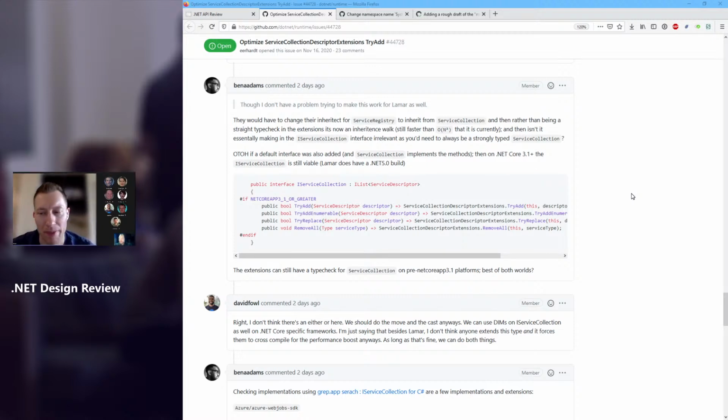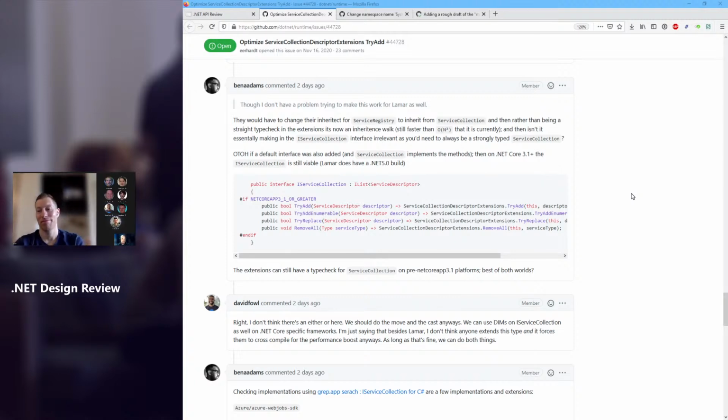I mean, you could do what Ben is suggesting, right? Which is you just have a net core app 3.1 output that has the DIM and the net standard 2 doesn't have it, right? But at that point, if most consumers are net standard 2, then who's doing the DIMs? It would only buy something for people that actually are on net core app 3.1 or higher, which I don't know. If you have a third-party implementation, chances are it's a library, and chances are it targets net standard 2. So